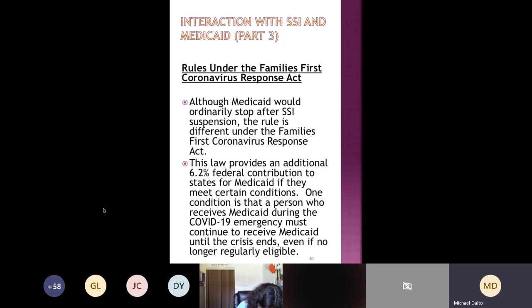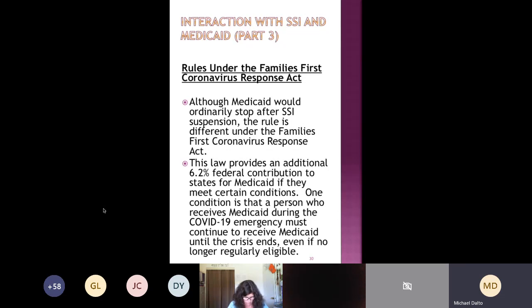emergency is called off. By the way, when I refer to the COVID-19 emergency, I'm referring to the emergency declared by the Secretary of the U.S. Department of Health and Human Services, and the emergency was officially declared to have started January 27th, 2020. So if a person got Medicaid January 27th or any day after that, up until the day that the Secretary of the Department of Health and Human Services for the federal government cancels the emergency, calls it off, that person